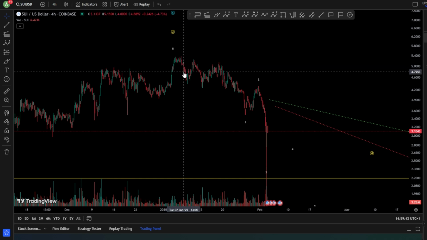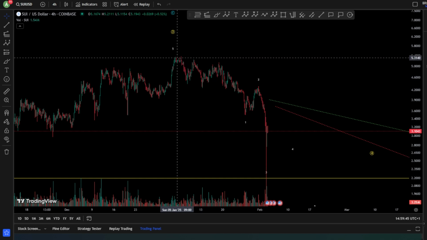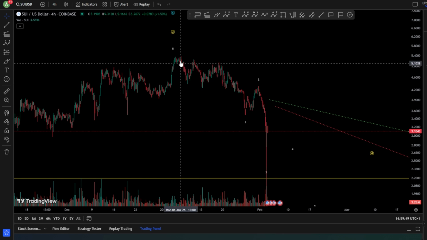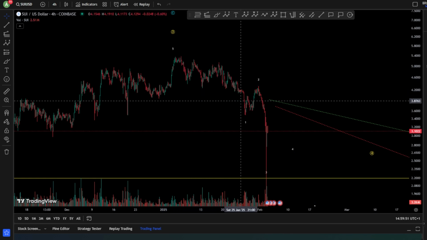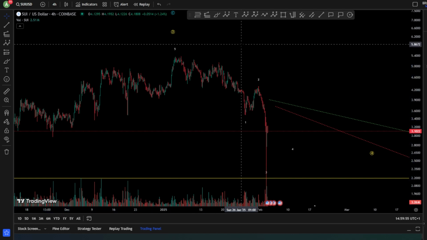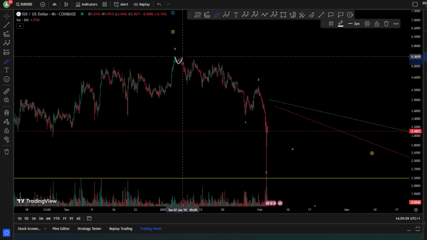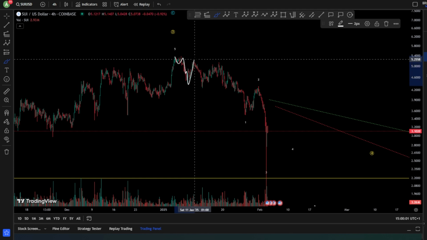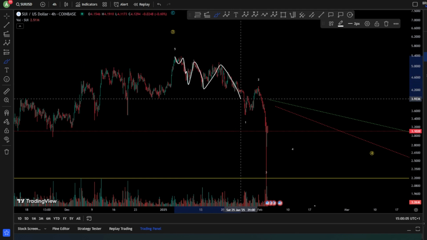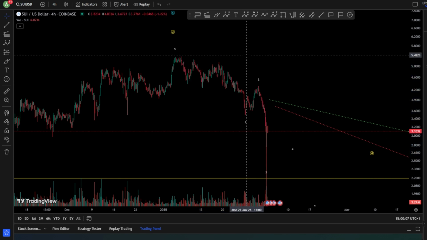And this can be somehow an impulse toward the downside here, or it can be a double 1-2 here, 1-2, 1-2, and then a big 1-2 here. So triple 1-2s toward the downside is very possible. If not, we can count even a 1, 2, 3, 4, and a 5, a B, and a C as an expanding flat, and then 1, 2, and then 3, 4, and a 5.